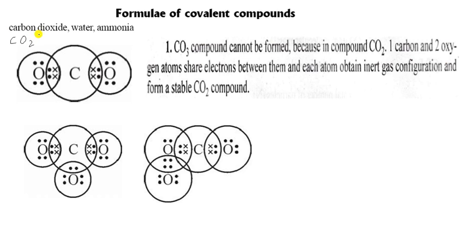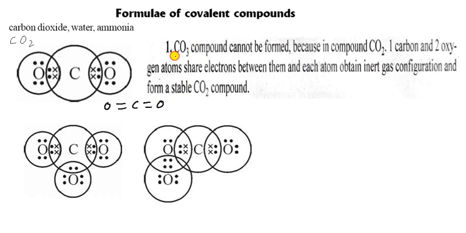So carbon dioxide is a molecule. Here is 1 carbon atom and 2 oxygen atoms. They share 2 electrons. Here 2 electrons of oxygen and 2 electrons of carbon are sharing. And here 2 electrons of carbon and 2 electrons of oxygen are also sharing. So they form a covalent bond, and that is a double covalent bond. So like this, it forms the bond.